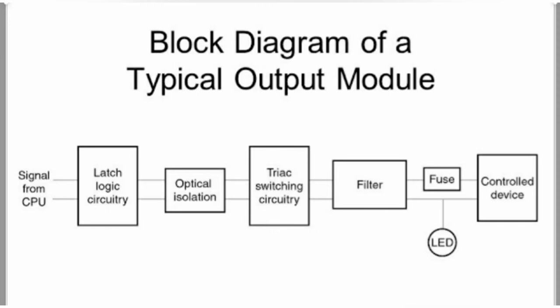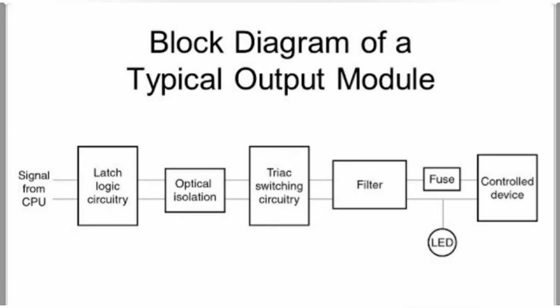As per the status of the output terminal, which is stored in the output status file, the CPU sends a low voltage signal to the latching circuit. If the status of the output terminal is 1, then the latching circuit will latch that logic signal as an on-state signal. If the status is 0, then the latching circuit will latch that logic signal as an off-state signal. A latched on-state or off-state signal is then sent to the optical isolation circuit.